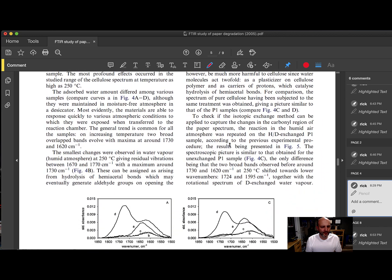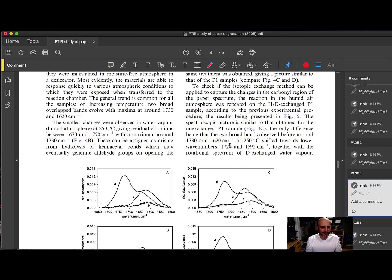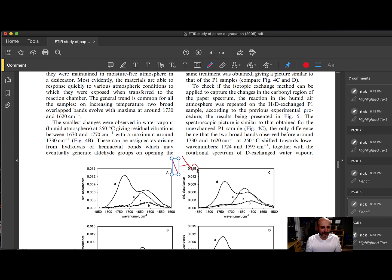So another thing they want to do is they're replacing some of the H2O. I'm just going to try to write this on the screen here with D2O. They took all the water out and they put in some deuterated water, meaning they use deuterium instead of hydrogen. It weighs twice as much, and they can detect that